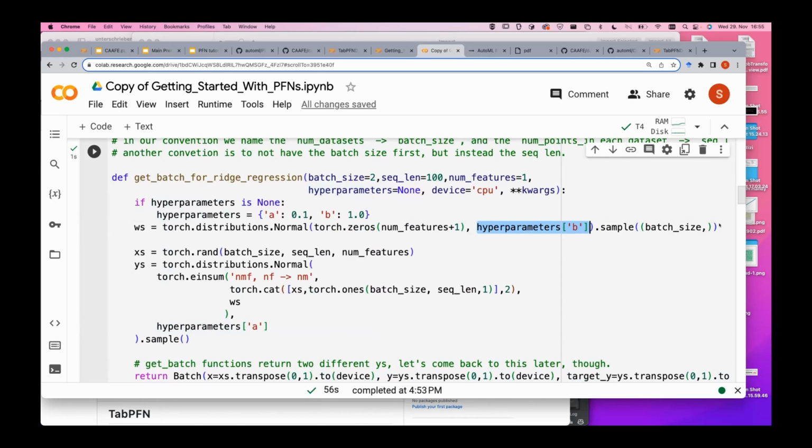And we sample this batch size many times. So we want batch size many w's, because every data set should ideally be uncorrelated in this particular batch. We don't want 5 times the same line, we want different lines. So we sample batch size many,